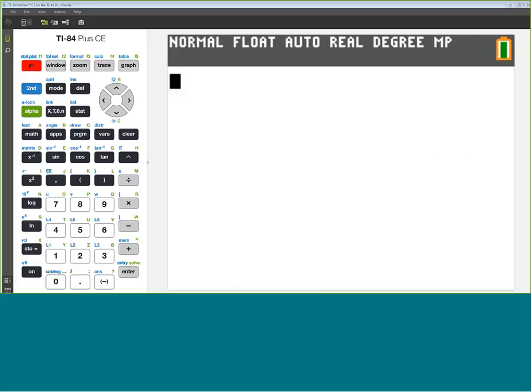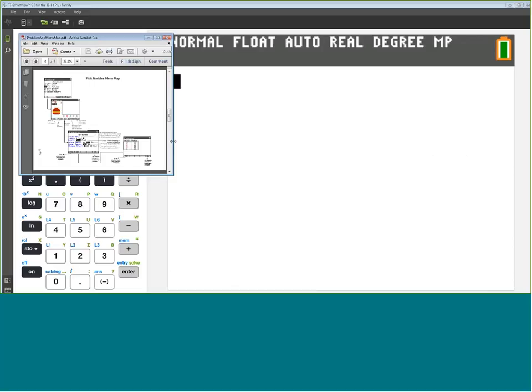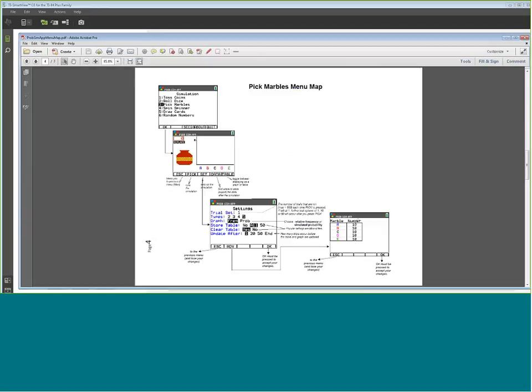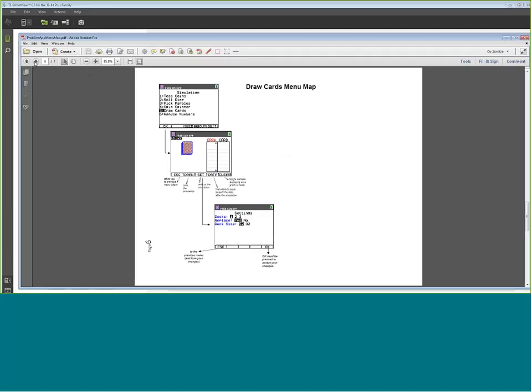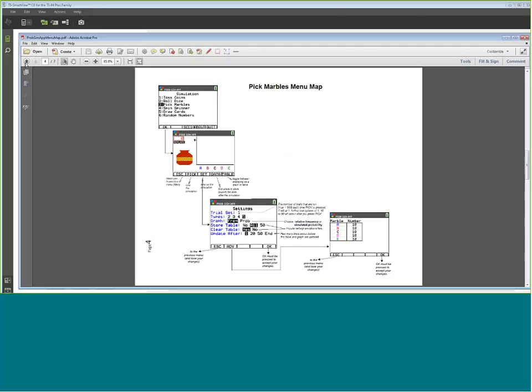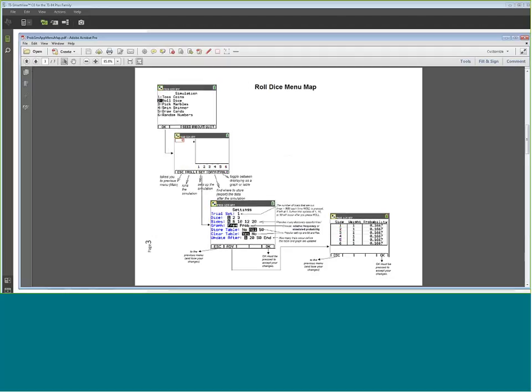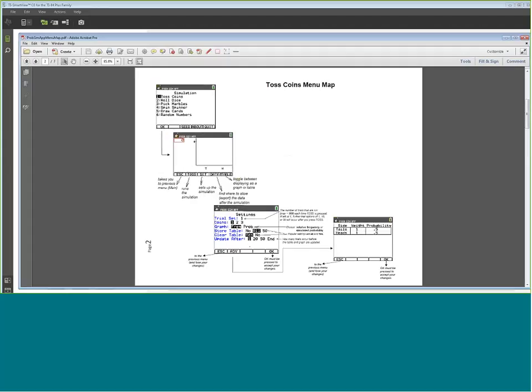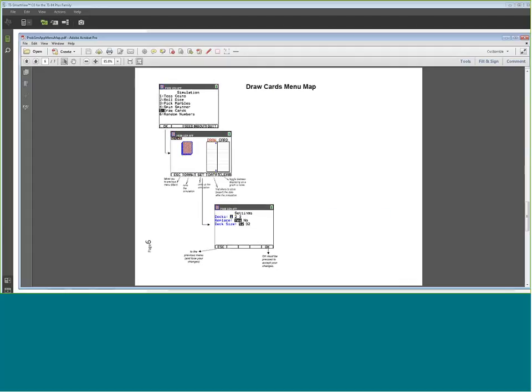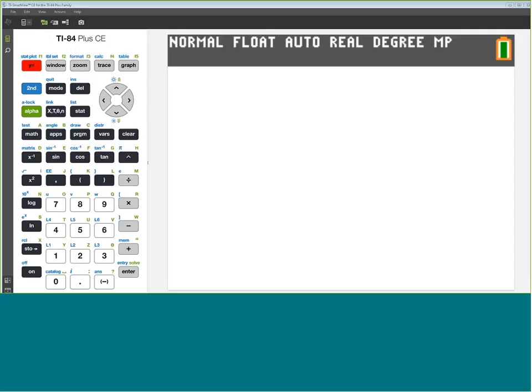And I notice that on my menu map, what advanced enables me to do with the dice also enables me to do with the other features too. So here was the dice, and I could change the dice, and there was an advanced. And so if I were to weight coins, I can see that I can have an advance there, and you can play along here. Interesting, the cards, you can't stack the deck. So you can't change the deck and say, I only want one card in the deck, and they gave up on that. But there's the Probability Sim app, and